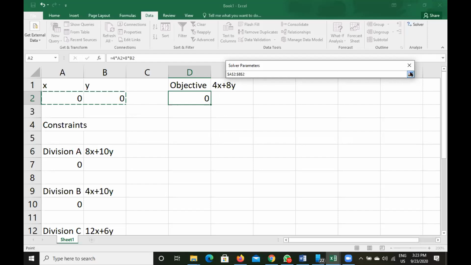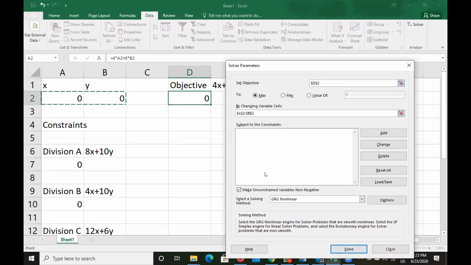And then again you have to click here to go back to the Solver menu. I'm showing you again. You have to click here to go back to the Solver menu. It will not go automatically.